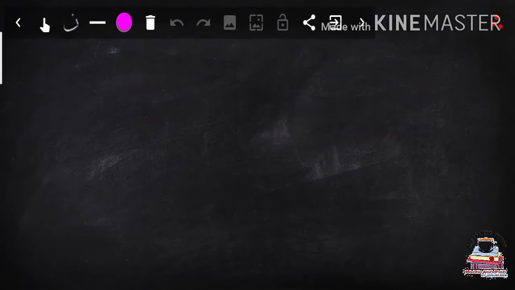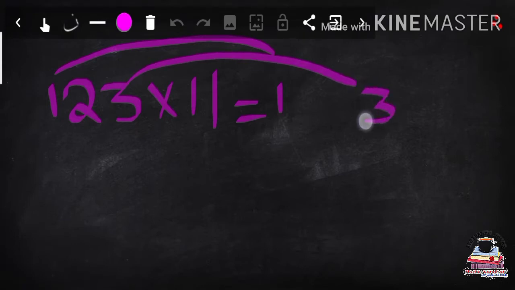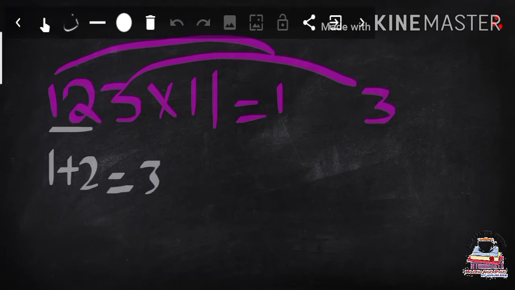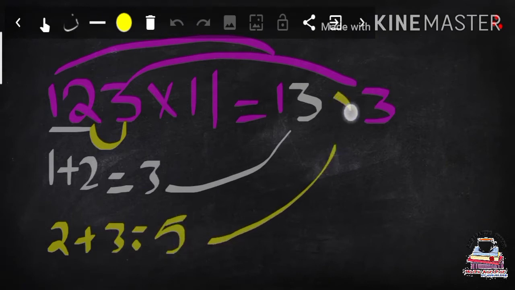Now let us take larger numbers such as 3-digit number. For example, if we multiply 123 into 11, I already told you, take first digit of the given number as first digit of our answer and last digit of the given number as last digit of our answer. And to get middle numbers, sum of the first two digits of the given number, that is 1 plus 2 is equal to 3. And then again sum up second and third digit of the given number, that is 2 and 3, whose sum is equal to 5. Here we got the answer for 123 into 11, that is 1353.